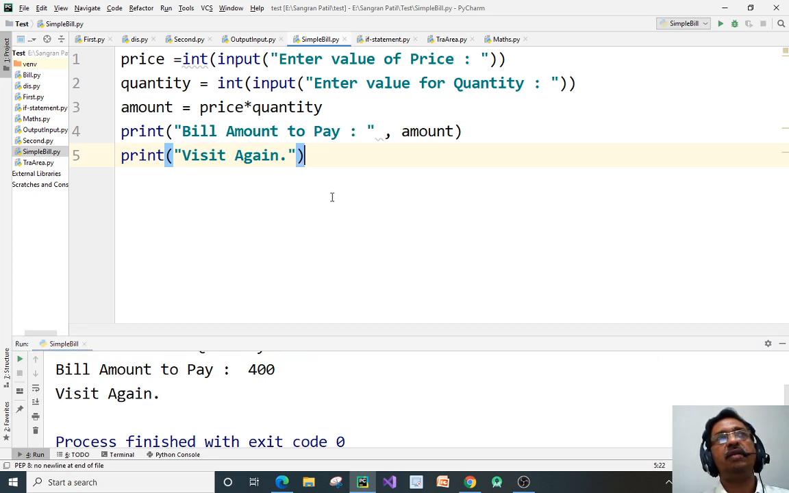I think you got the idea, how to read the value, how to write statements, and how to display the value. Okay, so please try this, and then in the next lecture we will try to